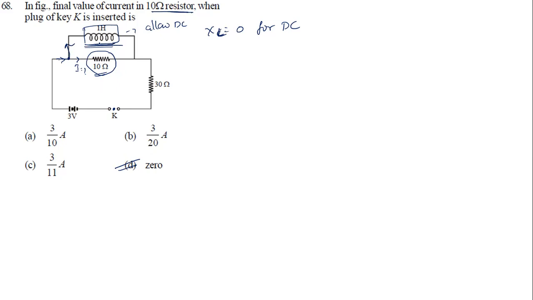So least resistance means, see here, V equal to I times R. So voltage is constant because it is a parallel combination. I is proportional to 1/R, which means as resistance is more, current will be less. As resistance is less, current will be more. Here in this case, resistance is 0 for the inductor. Of course, there will be a minimum resistance because of the material, but that is very minute. So current will completely choose the inductor. So current through the 10 ohm is how much? 0. Okay. Yes.